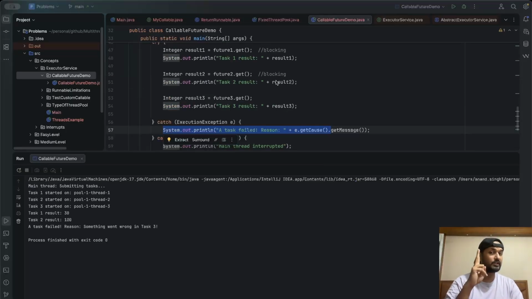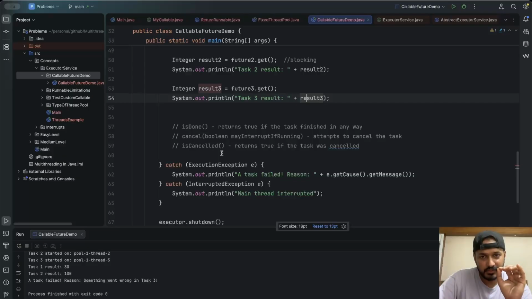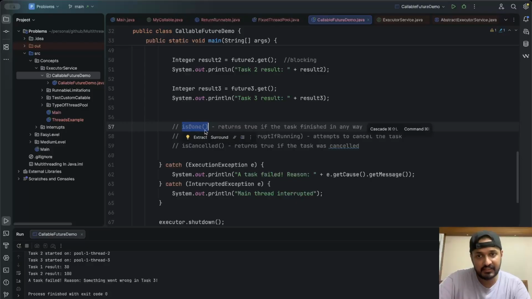So there were 2 limitations of Runnable. The first one was we were not able to get the result back, and second was we were not able to propagate the exception back to the caller, and both of these things are being solved here using Callable and Future. Correct? Now apart from dot get, there are 3 very important methods inside the Future interface, which are isDone,